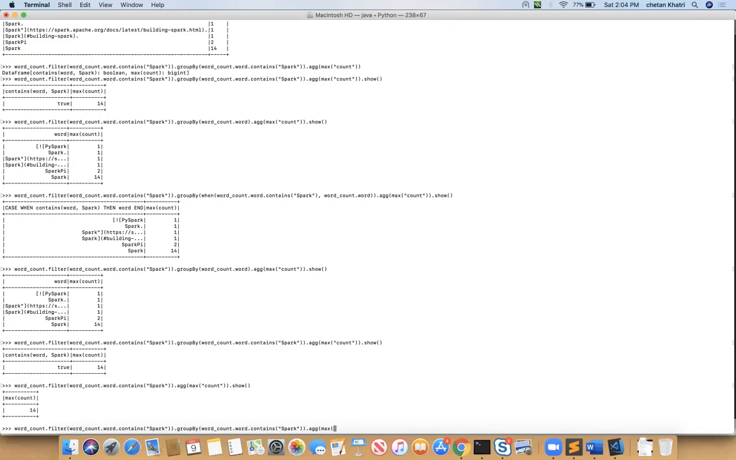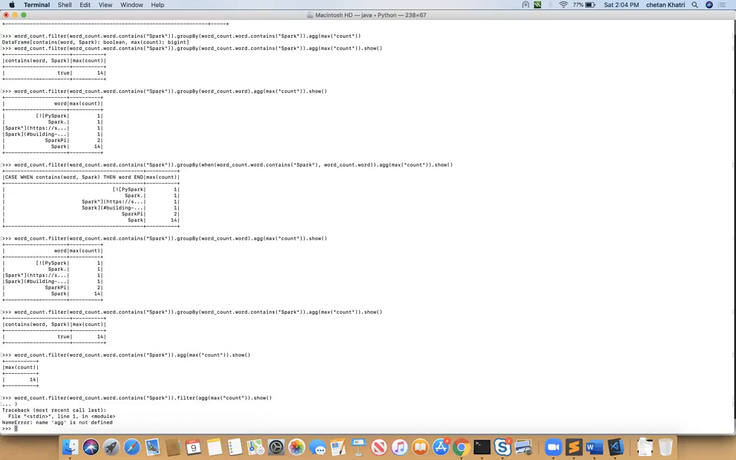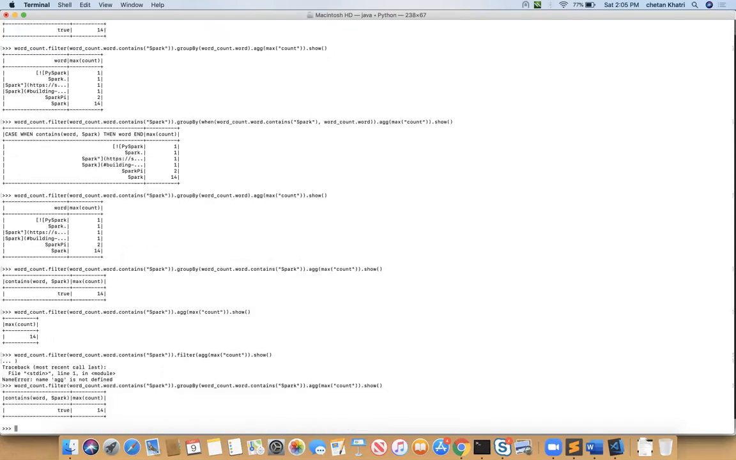Let's try something else now. Here only we say and, again we put the filter, and we tell aggregation maximum of count, but now you can't do like that. This is the best, where we have true. Now you can also always put a condition here